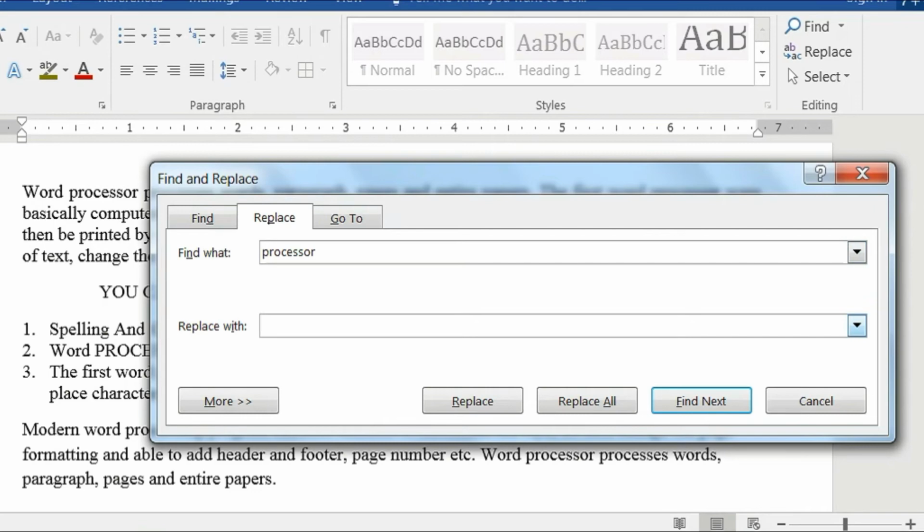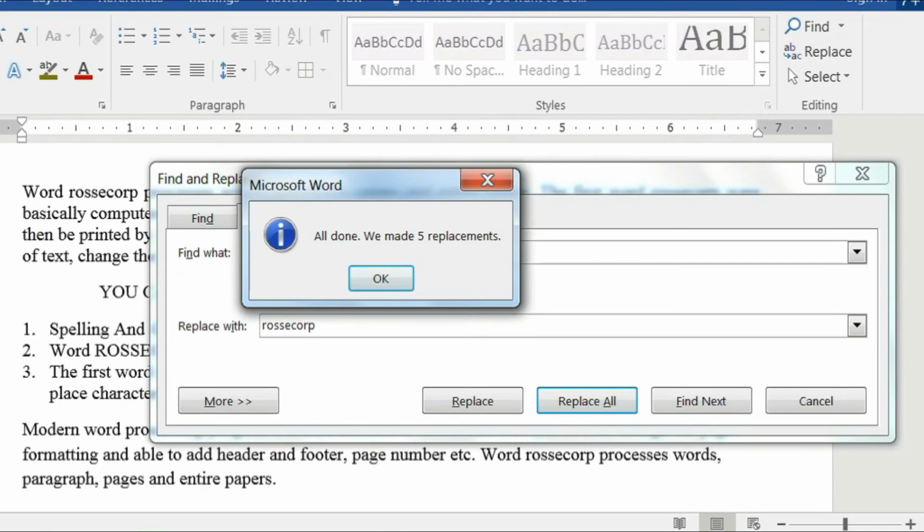For a change I'm just making the reverse of this word. Okay, from the last to beginning I'm just writing for fun only, that is ROSSECORP. Okay, just for fun I'm writing like this, and I'm telling replace all. And when I click over here, you can see that